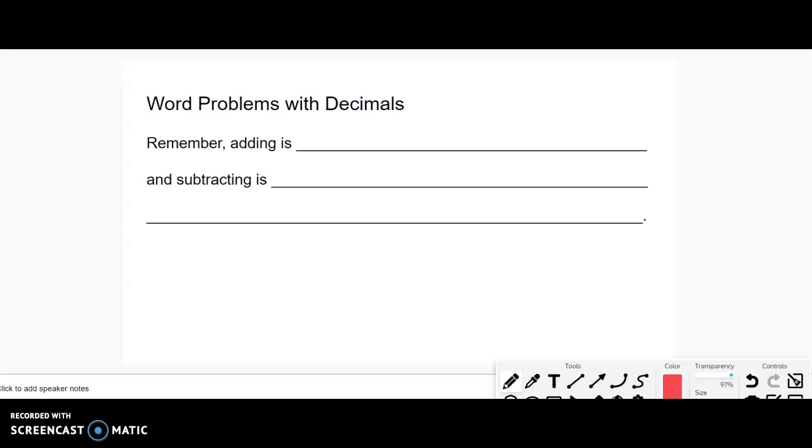What I want to remind you of is that adding is combining. Combining 2 groups, 3 groups. Usually they're not equal because if they were equal, we would multiply. So it's just combining some things. We add them together. Subtracting is either taking an amount away